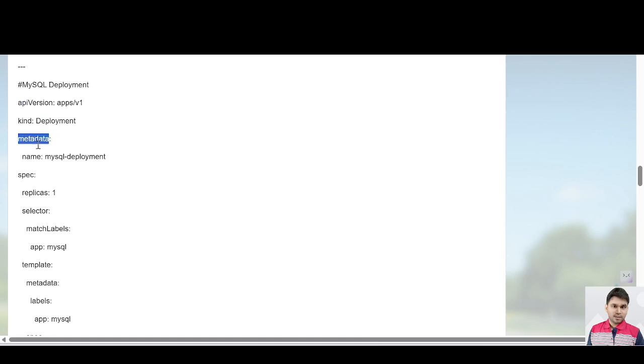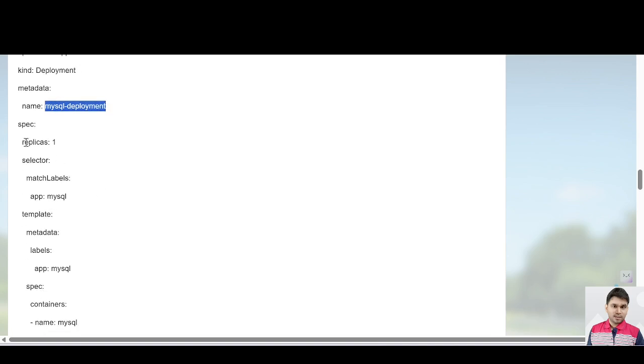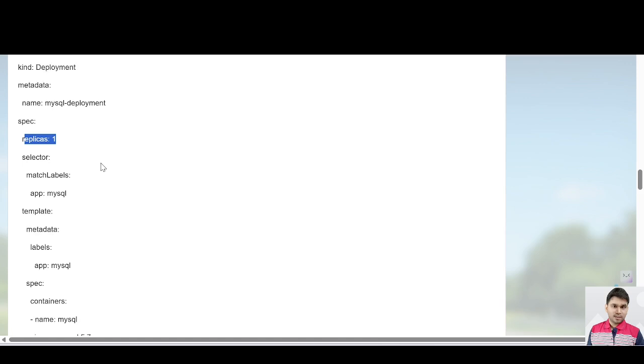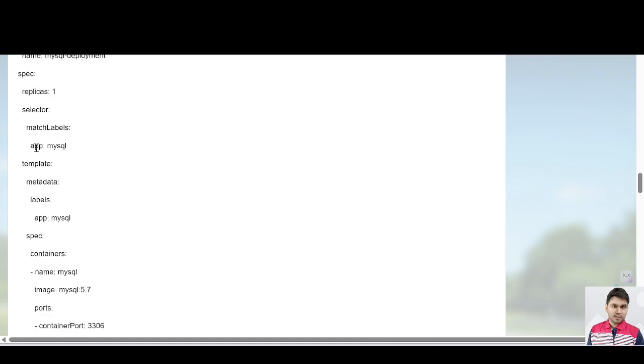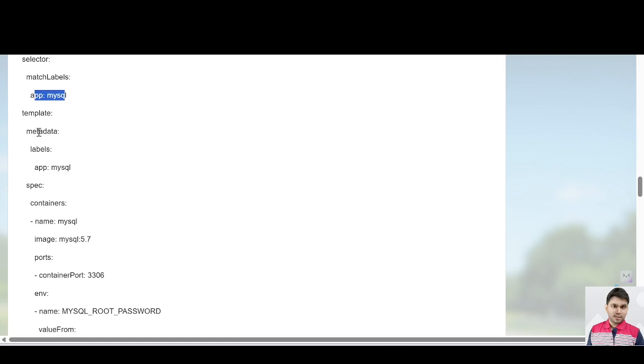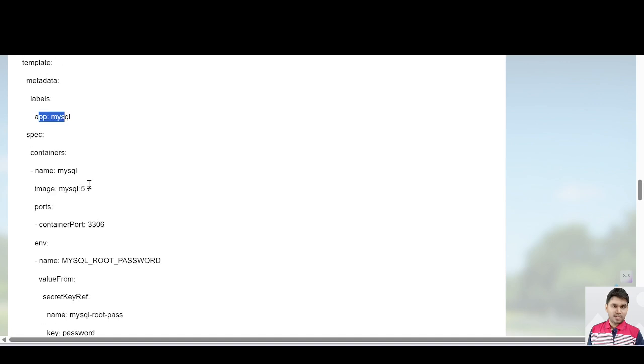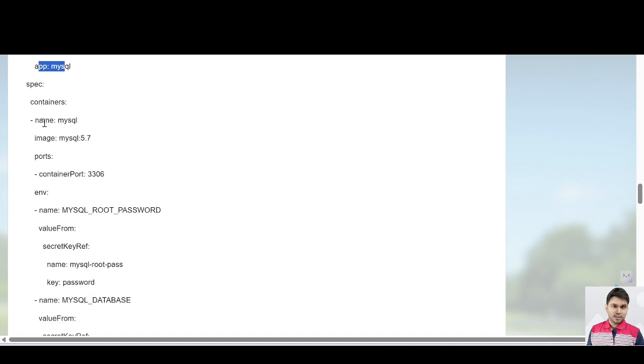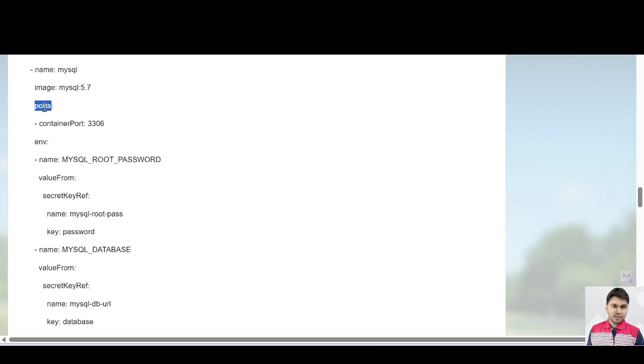The API version of the deployment is v1, kind is Deployment, metadata, name of the deployment is mysql-deployment. Then in the spec we are going to use one replica, and the selector we are going to match with app: mysql. The template of the application has metadata, labels mysql, and in the spec part, container name is mysql, image we are going to use is MySQL 5.7, and ports we are going to use